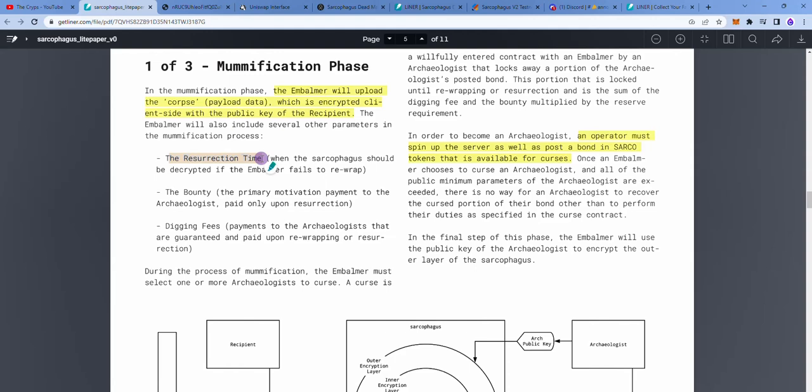Okay. Now, the resurrection of the sarcophagus is the action that is going to be triggered if the embalmer does not rewrap, and the resurrection time can be set to 30 minutes, 1 day, 1 year, 10 years, or whatsoever. As long as the embalmer is not available to rewrap, I'm going to explain the rewrap. So just follow me. As long as the embalmer is not available to rewrap, such payload data or the corpse